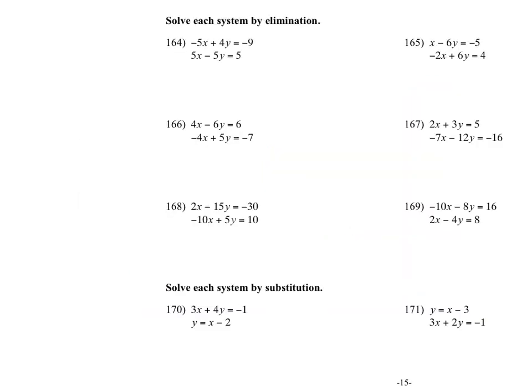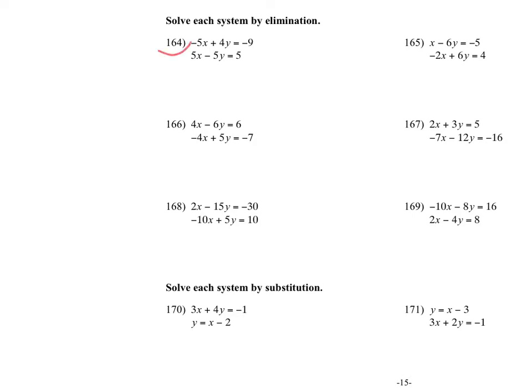Okay, so the next section says solve each system by elimination. We always try to have the same number in order to cross cancel. This is actually easier than substitution. It takes less time. However, I put both of these types of problems on there just to have a refresher. So let's say the first one,